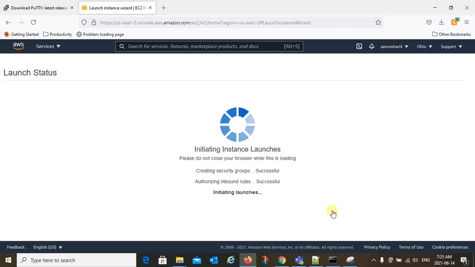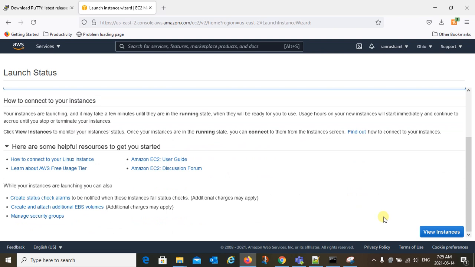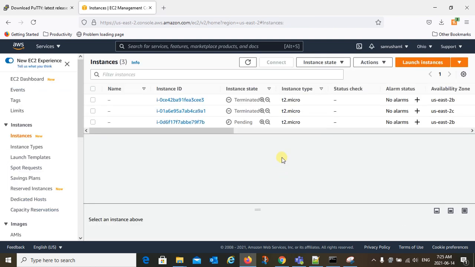Launch instance, view the instance. Over here it is pending, so wait for it to say running, and then you can connect to your instance through PuTTY using your key pair. Here you go, it says running now.